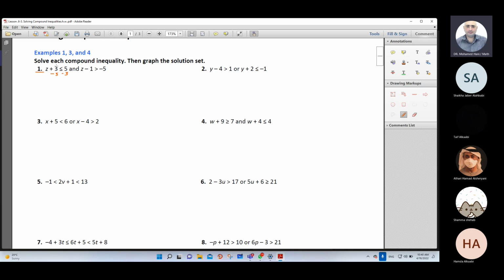So 3 minus 3 will be 0. Remains here on the first side z, less than or equal to 5 minus 3. 5 minus 3 will be 2. And